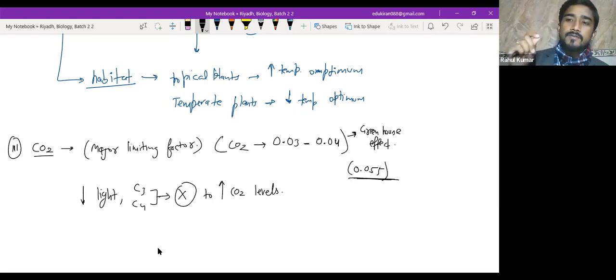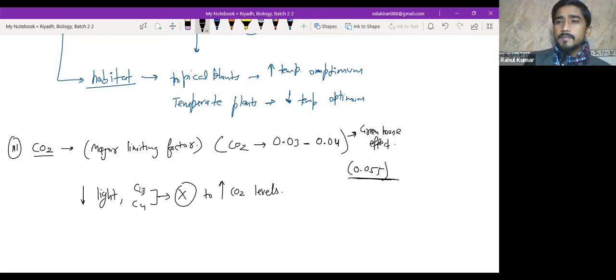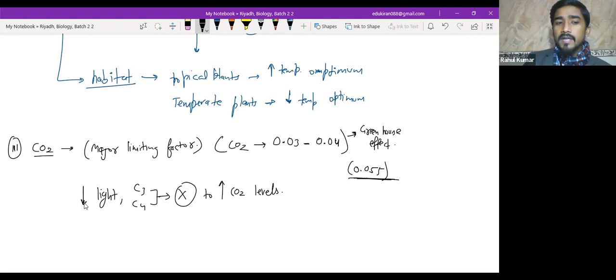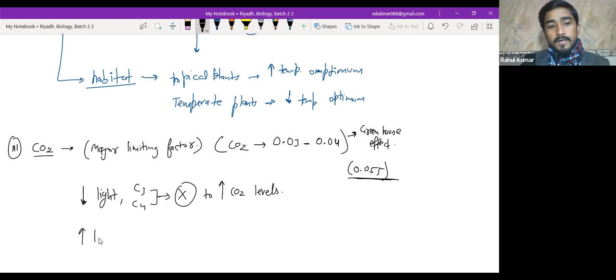Is it making sense to you? Because when light is low, what is happening? Low chemical energy. Yes, the system is not saturated. And when it is not saturated, it does not need higher CO2. Whatever is the amount of CO2 in the atmosphere, it's fine for it. It's working well in that. So it does not respond to high CO2 levels. Making sense? But at high light intensities, write down,